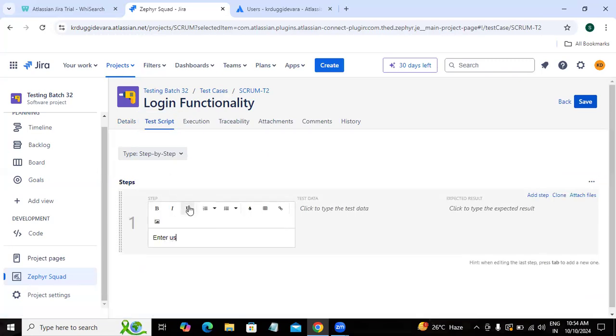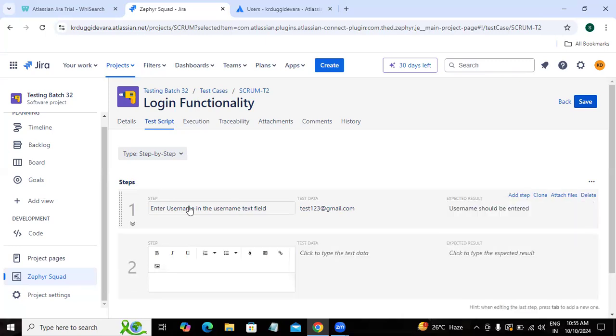Enter username in the username text field. Okay, the username should be like this. So a valid username we mention: test123@gmail.com. So the username should be entered. Okay. Next, click on enter